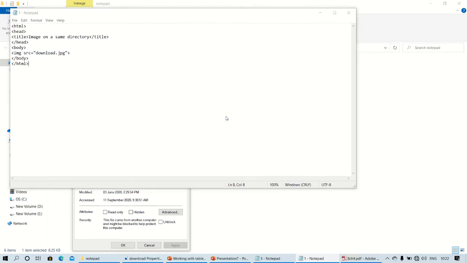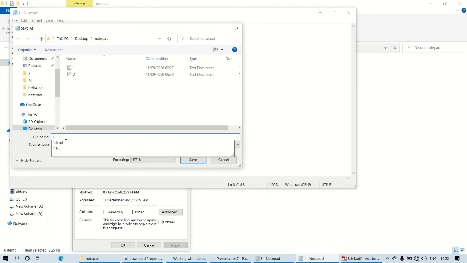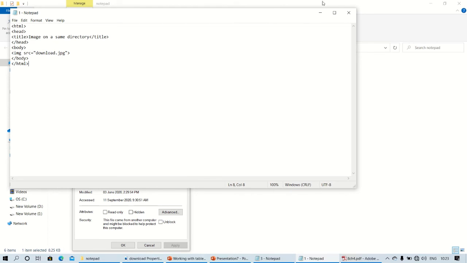My file name is one dot html. Click on save, and then click on yes. So it is being saved.